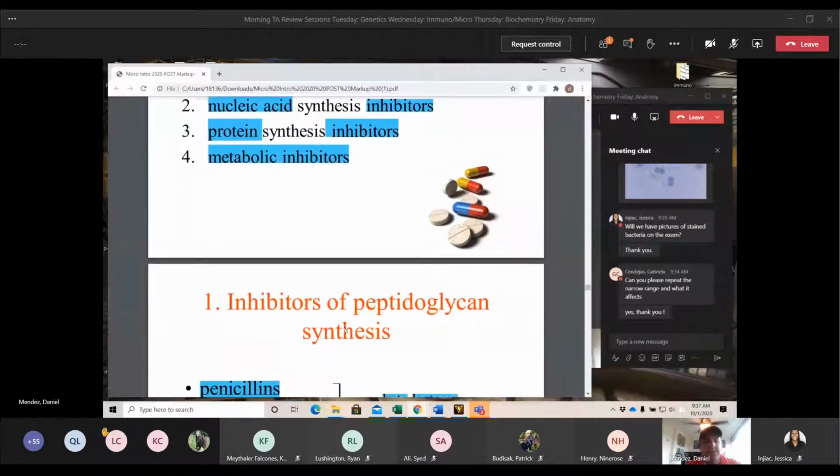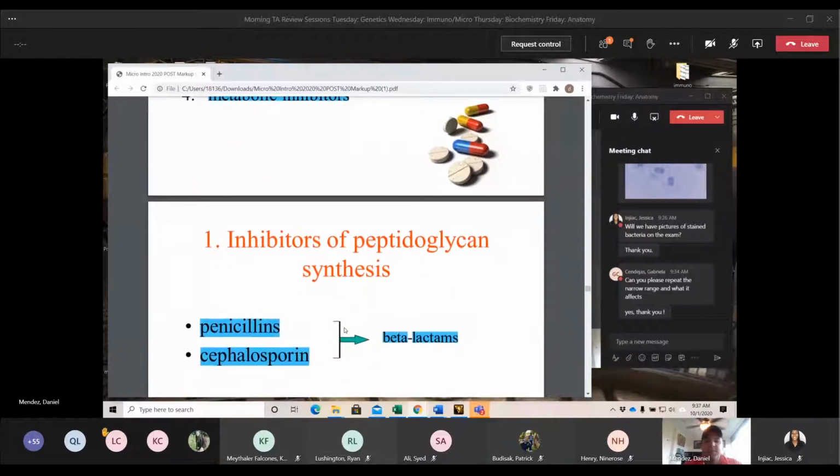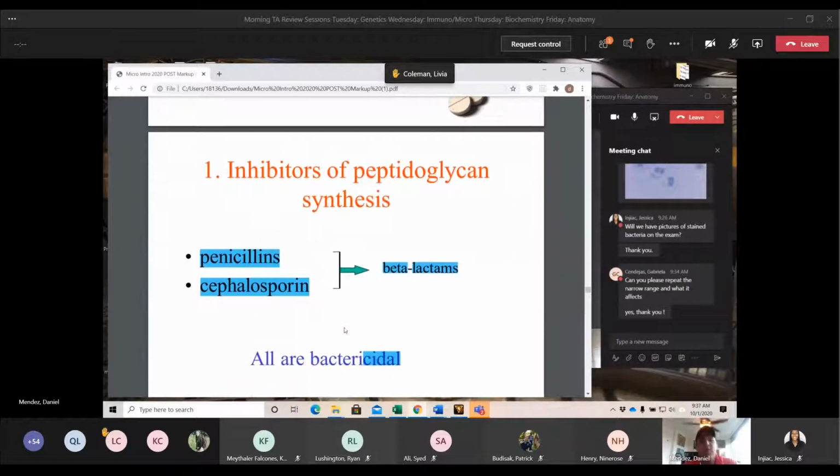I also made that pseudo study sheet that I'll bring up. Hopefully you all have seen it. It's a pseudo study sheet because I didn't actually make it when I was studying it. I made it while they were going through the lecture, just really quickly off of how I would have made a study sheet. So our first one being the peptidoglycan synthesis inhibitors.